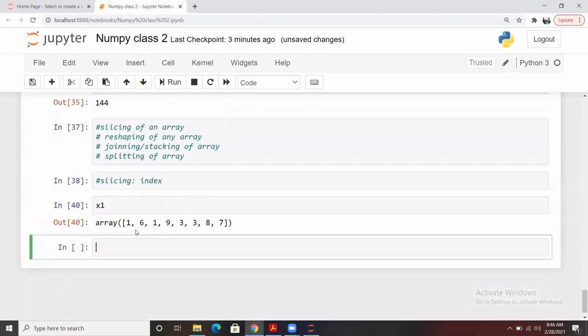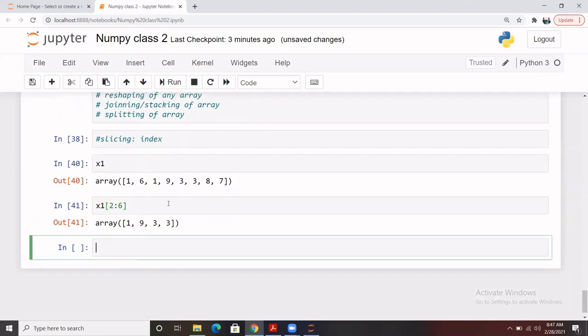Just to slice this, let's say you want to extract a few parts from here. So we'll be using these square brackets. Let's say I want to extract from index 2 till 6. The last range is excluded, as you all know, so it will go from index 2 till 5. You can count it here, 0, 1, 2. So index 2 starts from here and it goes till 5. So 2, 3, 4, 5.